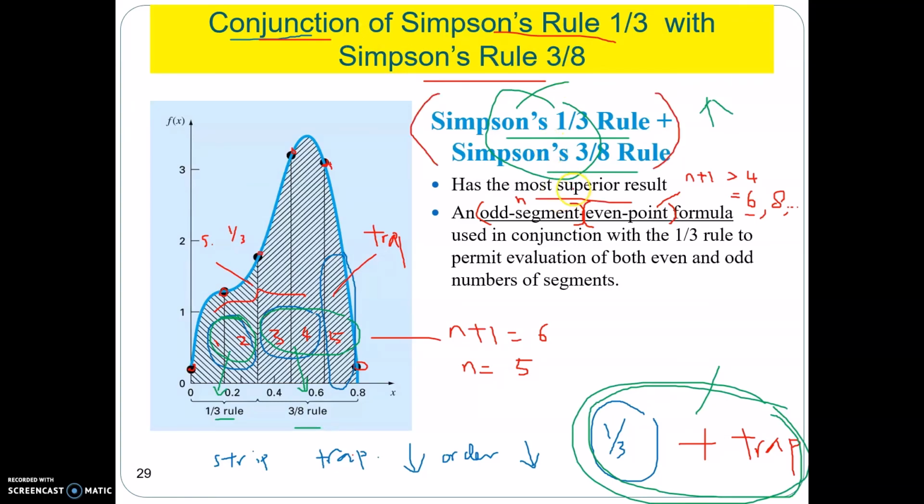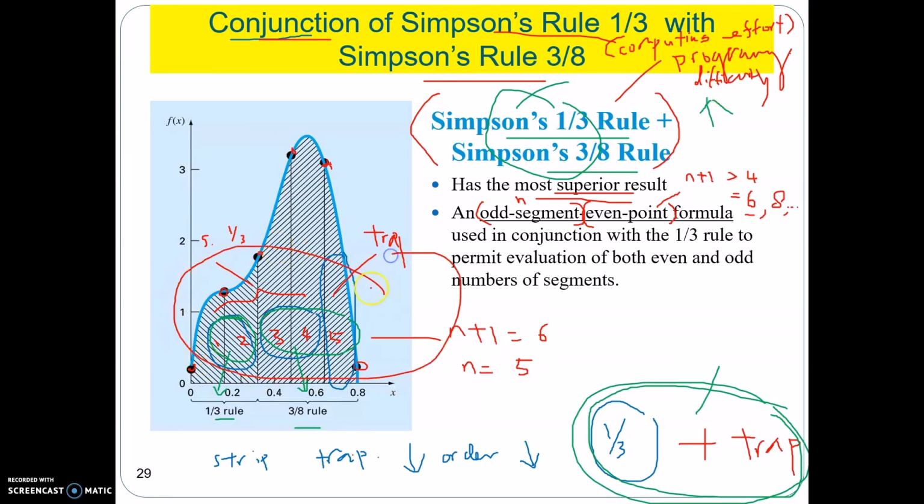Although this method gives the most accurate result, however, it is less commonly used in practice due to its programming difficulty. For example, like this case, you need to precisely determine the number of segments for the 1/3 rule as well as the number of segments for the 3/8 rule. So you spend more computing effort on this. In actual, we always use the trapezoidal rule to solve the problem, despite its low order issue. This is because the trapezoidal rule is easy to program. It spends less computing effort and has more flexibility,